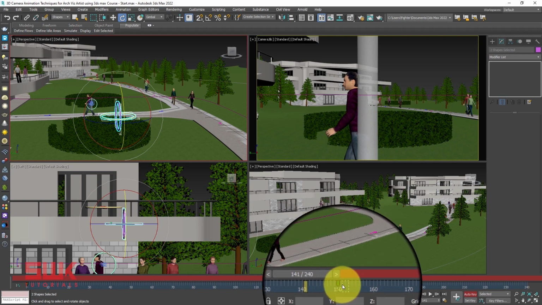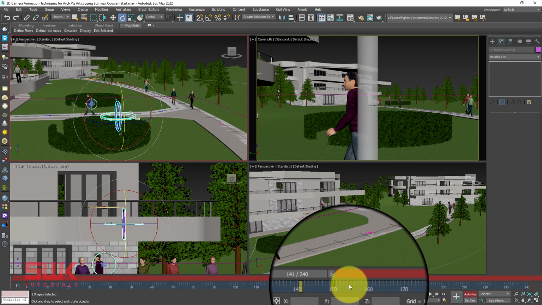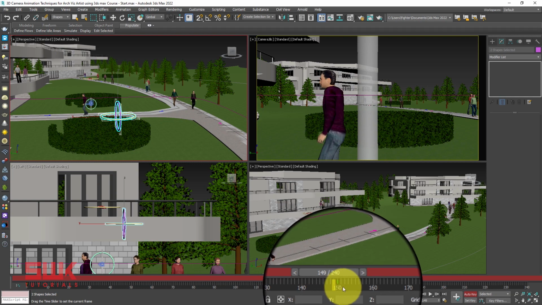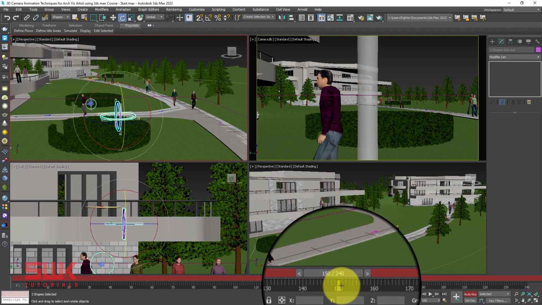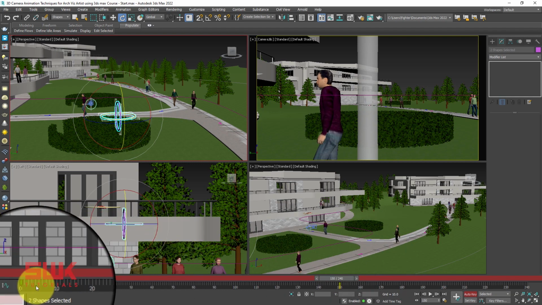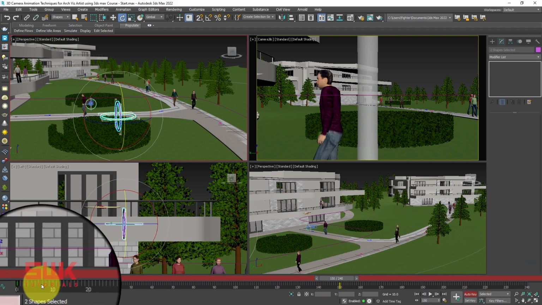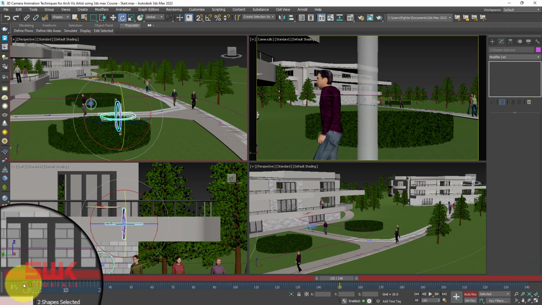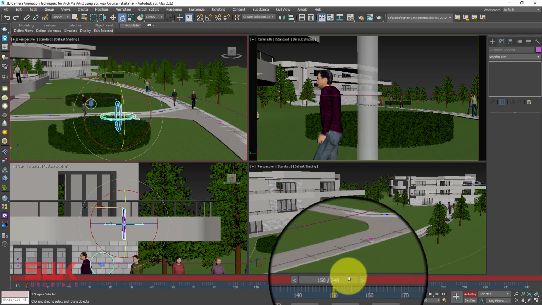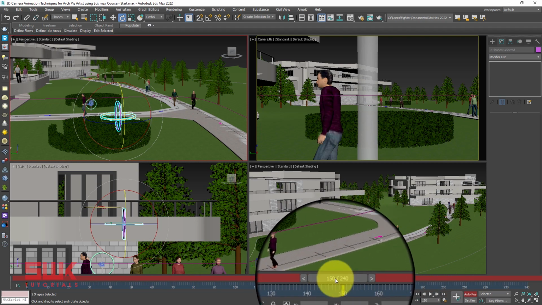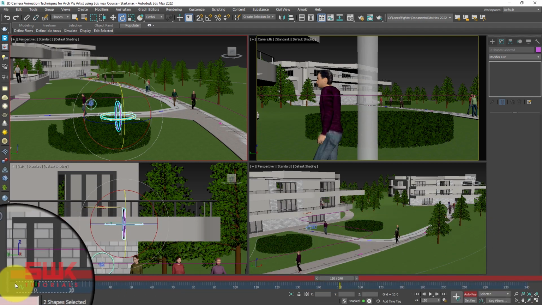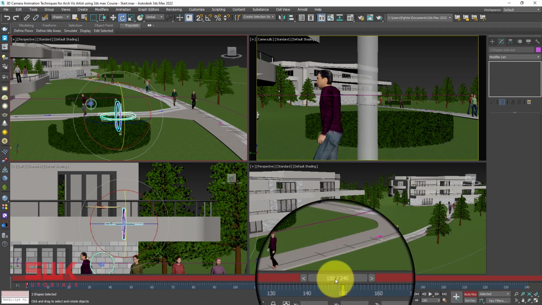Green is for rotation, red is for position, and blue is for scaling. Since I'm using the auto key, it has generated the key on the 0 frame itself. It's all okay. When you use the auto key, the key on 0 is automatically created.